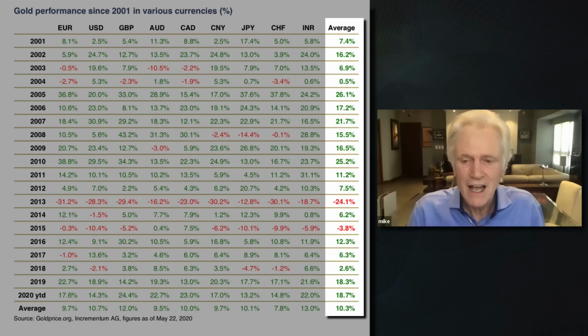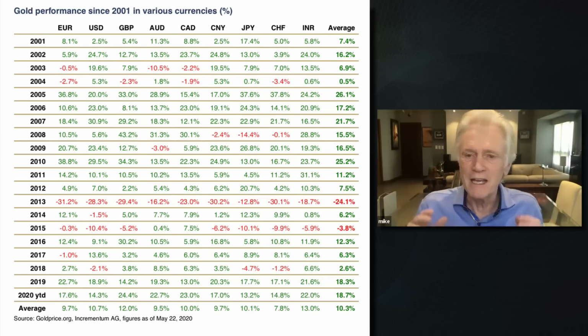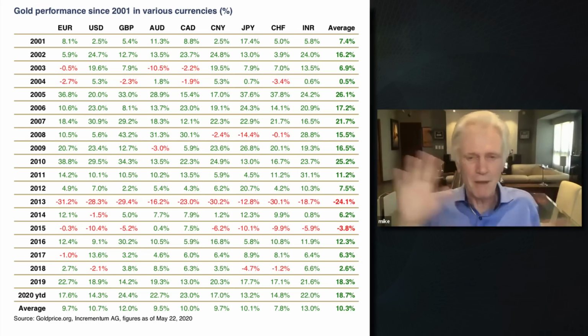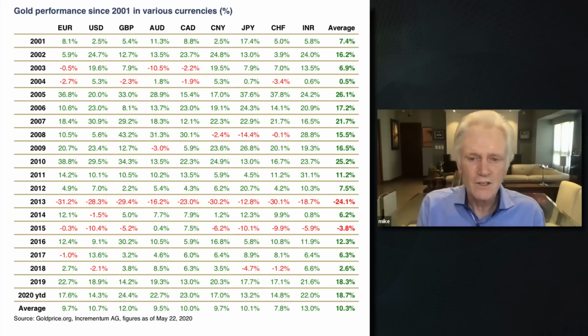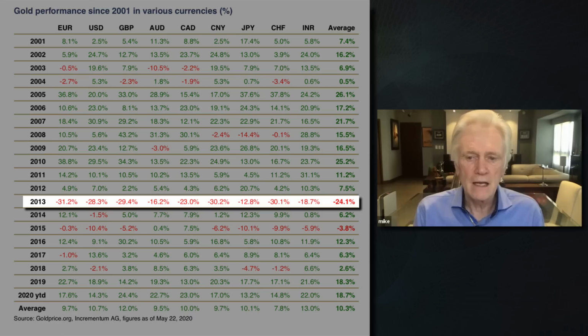world currencies. This table, you know, I hate tables. I'm dyslexic, and to me, looking at a chart, I can understand it. It's a picture. It's not words or numbers. But when I look at a table, it's just wallpaper to me. It's just a repeating pattern, and it's hard for me to glean something out of it. But here, you've done things in red and green, so it's fairly easy to see what years were underperformance. And 2013 was the only year that was straight across the board where gold did a pullback measured in all